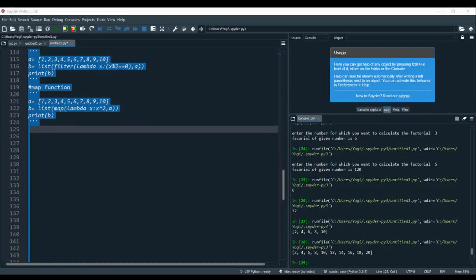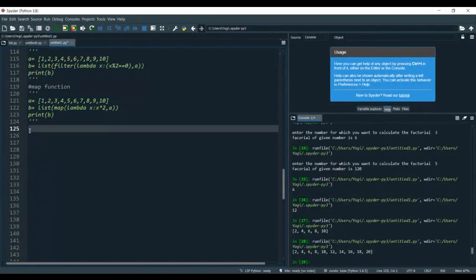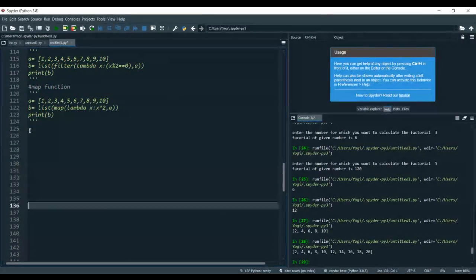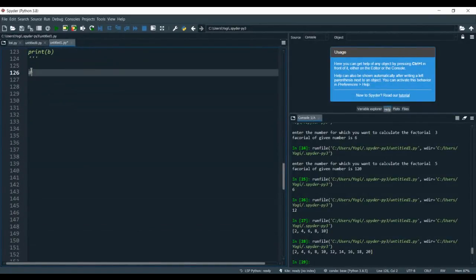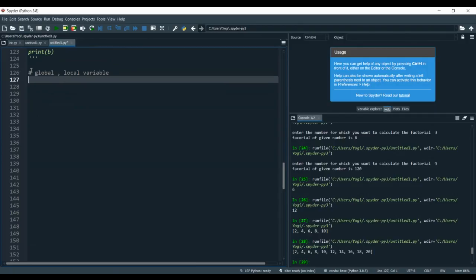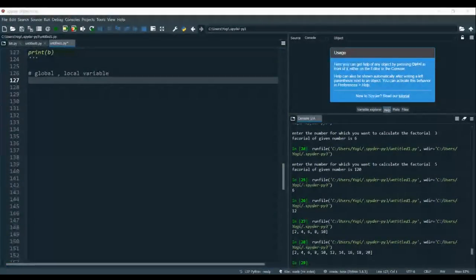Yes. Anyone about the local and global variable? Yes, anyone?